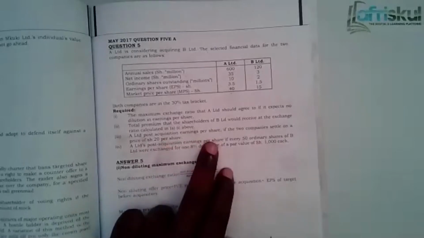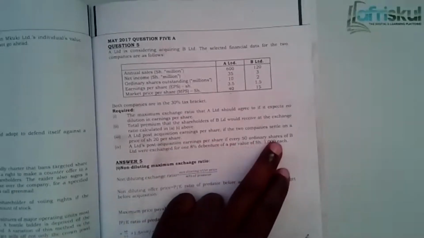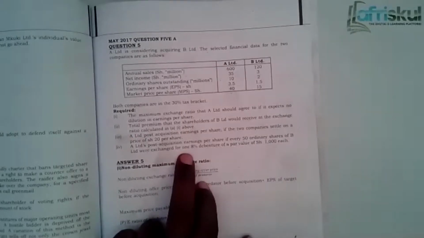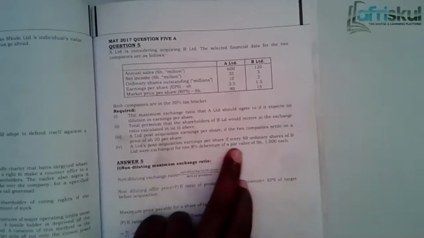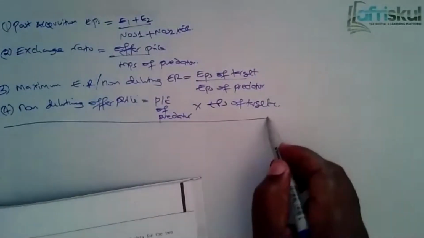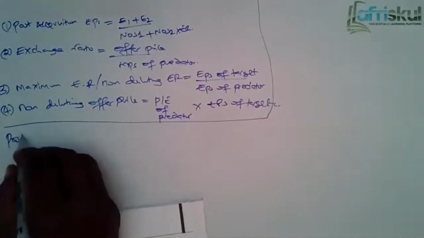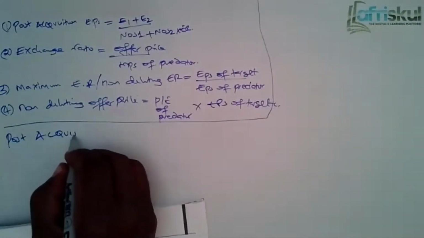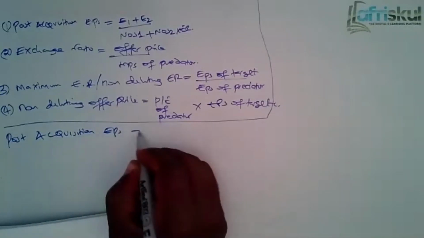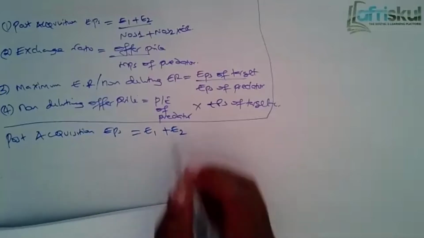So please allow me to go to the next question, which is question number 4. We have already done 3. Question number 4 asks us to give A Limited's post-acquisition EPS if every 50 ordinary shares of B Limited were exchanged for a 1.8% debenture whose par value is 1,000. So the key words: A Limited's post-acquisition EPS again. I'll start by writing the formula. That post-acquisition EPS is earnings of company 1 plus earnings of company